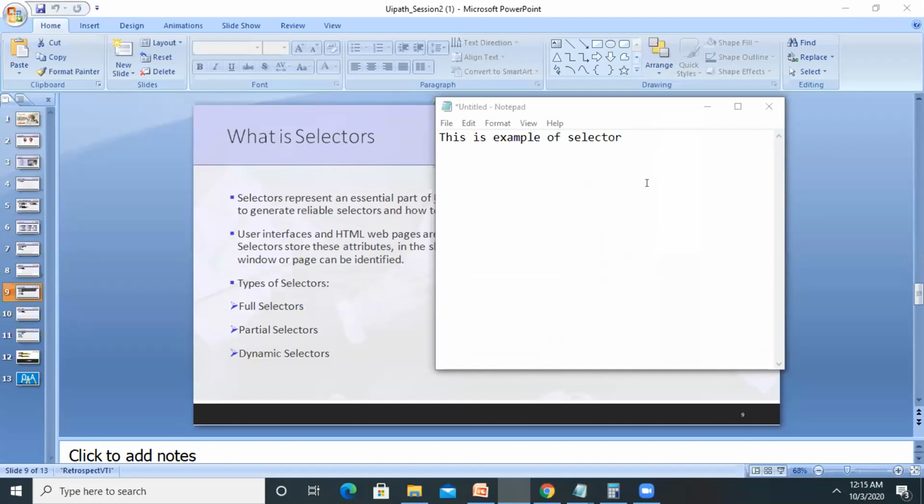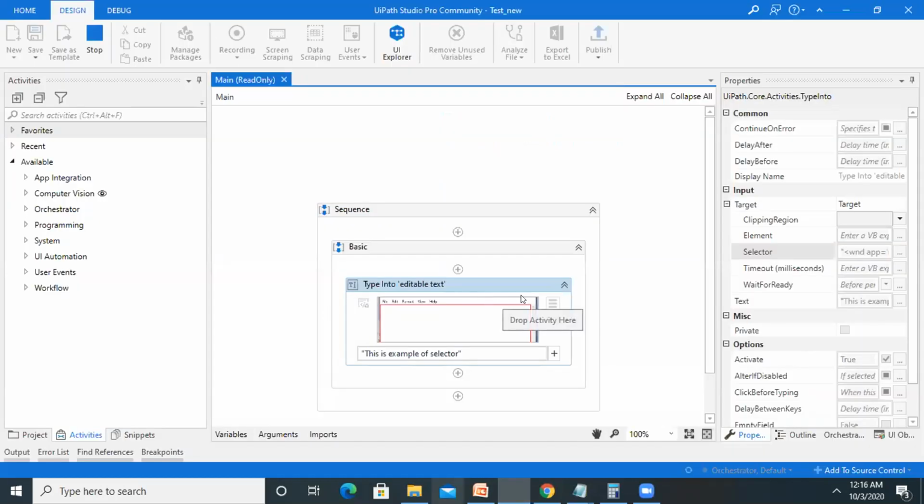Whenever we are adding or entering any detail, there is an option available in the bottom section where we can check Empty Field. If we check Empty Field, the already existing text will be cleared from our box, otherwise it will not clear. If there is any issue, it will wait for 30 seconds and pop up an error message with error detail. It's running.